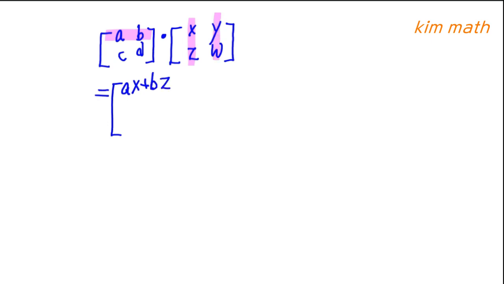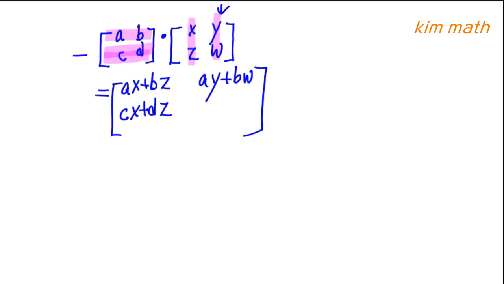And if you choose the first row with the second column, AY plus BW. And then C, D with X, Z: CX plus DZ. And if you use the second row of the first matrix and the second column from the second matrix,